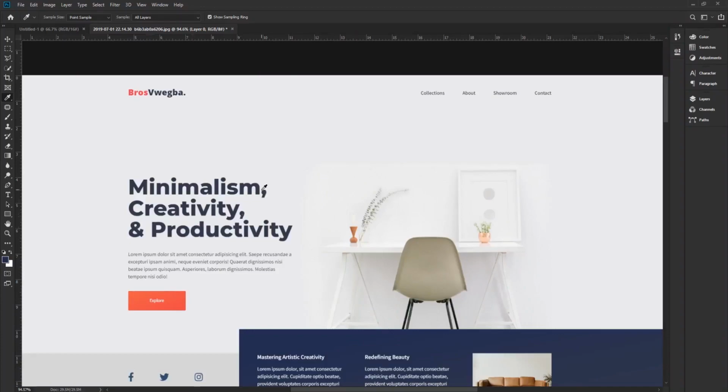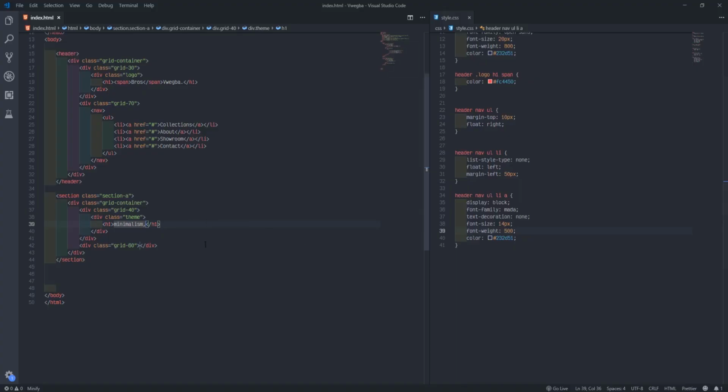If you see, there's a break, so we'll put a BR inside the H1. I'll come after this one, I'll say BR tab. Then I'll say creativity. I'll put my comma, BR again, tab, and productivity.